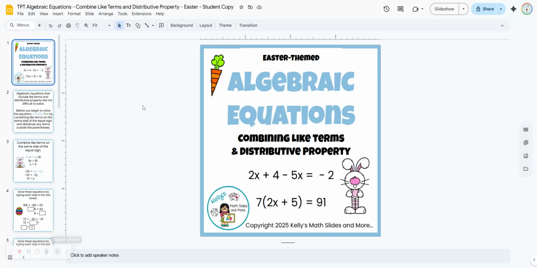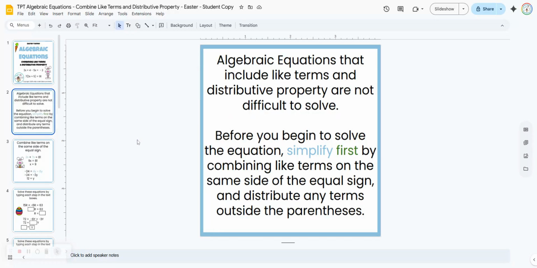Algebraic equations using combining like terms and the distributive property. And this is a digital lesson, and this one is Easter themed. So the lesson starts with explaining to students that algebraic equations with distributive property and combining like terms are not